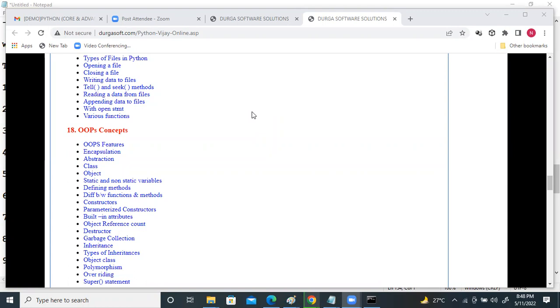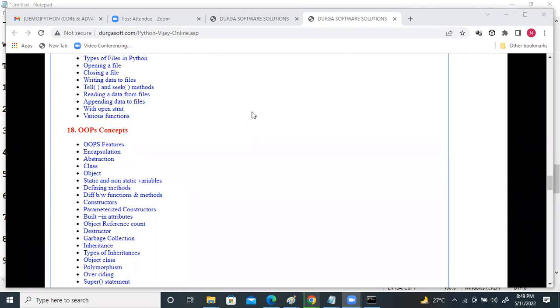Sir, in Java, both standalone applications and web applications, what is the main difference? You can develop both normal standalone applications and everything using Java. Standalone means single-user applications, standard desktop applications. Multi-user applications or distributed applications can be created by using Java and by using Python also. Both support object-oriented programming features.